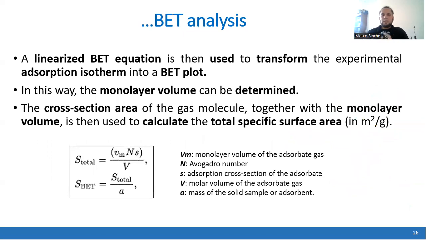Then this data is used to create a graph, and then the regression is used to find a linearized BET equation, which is used to transform all of the data into the BET plot. Then the monolayer volume could be determined, which means that it can be known how much of the gas is absorbed on the material, and then